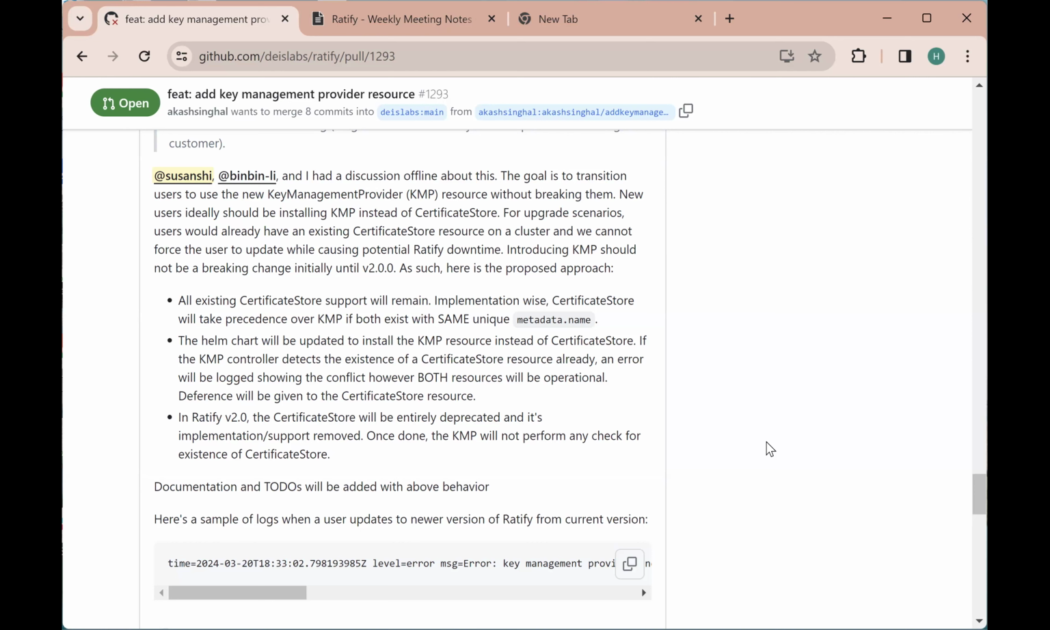And I think the one way we can do this is we need to be very clear in the documentation that, hey, this is a new resource and this is what the behavior is going to look like. If you're going to have both cert store and the KMP, the cert store with the same name is going to be given preference. The second point here is that I think we should be updating our Helm chart to